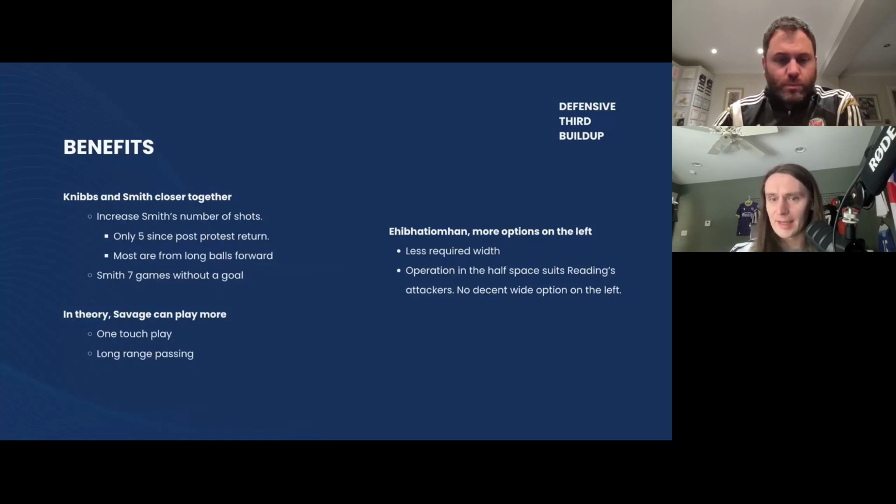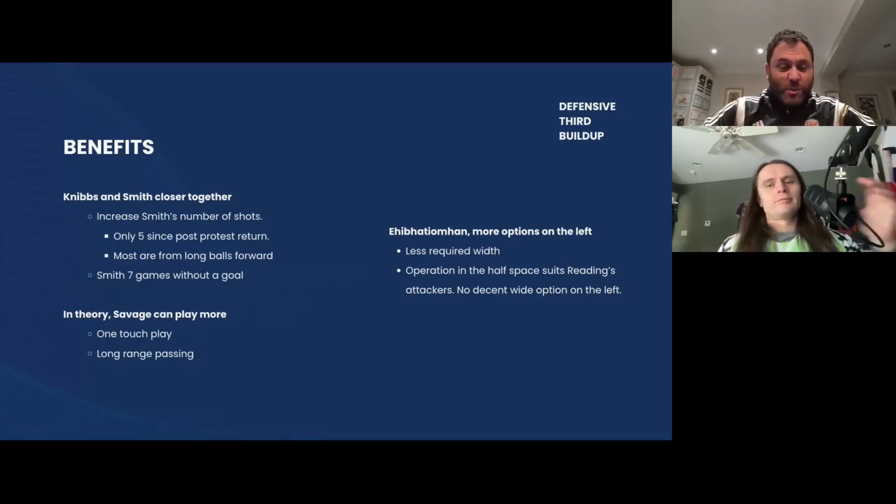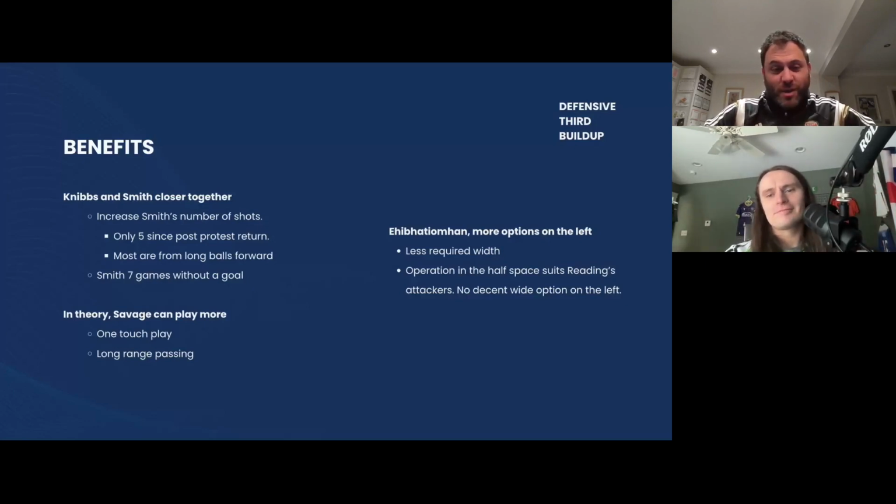I think it's unlikely at this point that Sellers doesn't start next season as Reading manager, if Reading start the 24-25 season. So I think that testing out this more expansive, less relegation zone style, if to use a crass term, is only a benefit for us. I mean, ultimately anyone watching this would go, do you know what? As long as we get out of this and we win games and we pick up points, I don't care what formation we play. But actually, yeah,